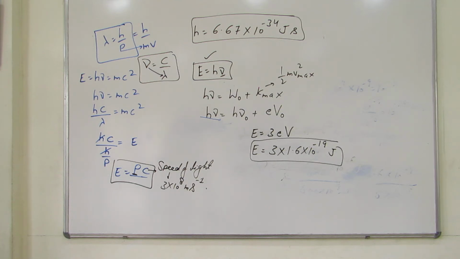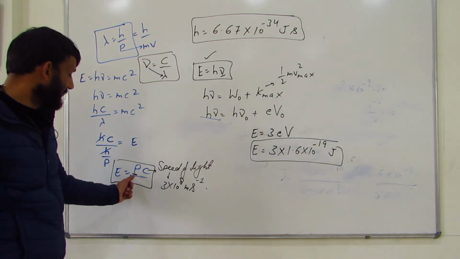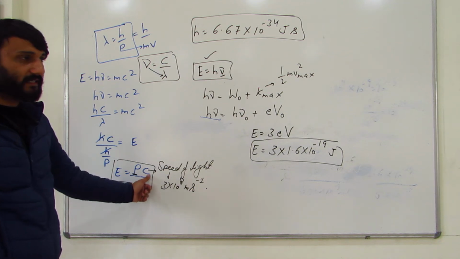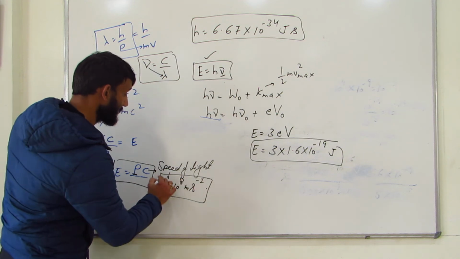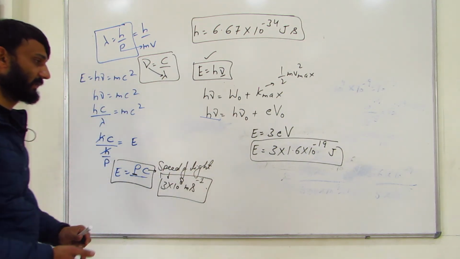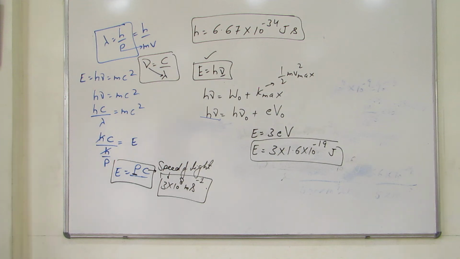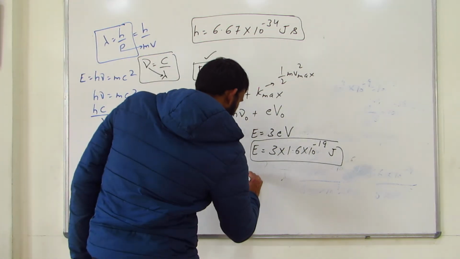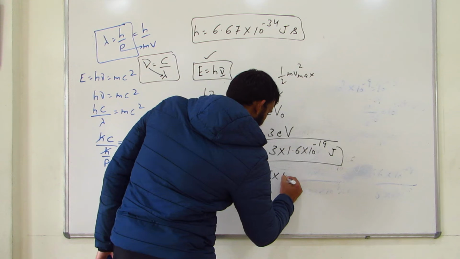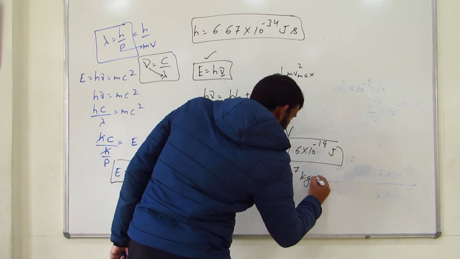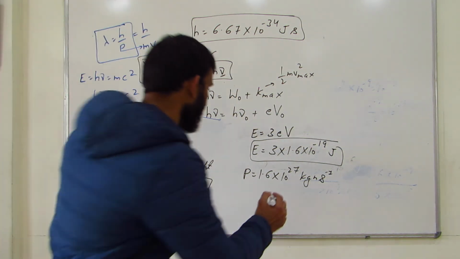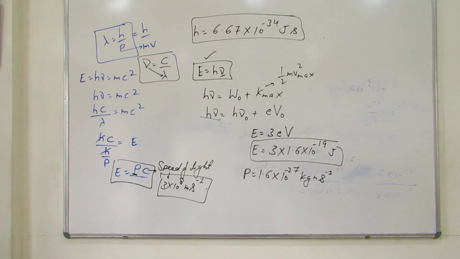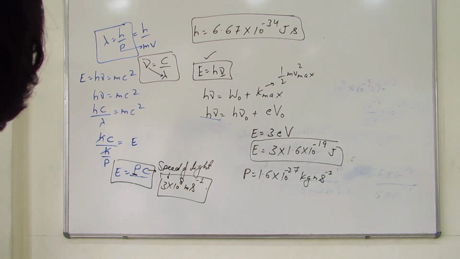You have to calculate the momentum. So momentum you have to calculate. E is given, C we know speed of light, which is 3 into 10 to the power 8 meter per second. So easily you can calculate, I know that. So momentum again becomes 1.6 into 10 to the power 27 kg meter per second. Yes, should be minus 27, right? Cannot be that huge number, right? So this was one more.